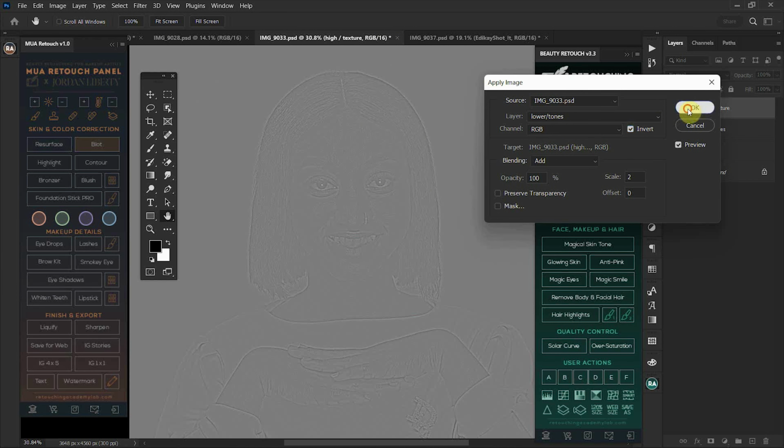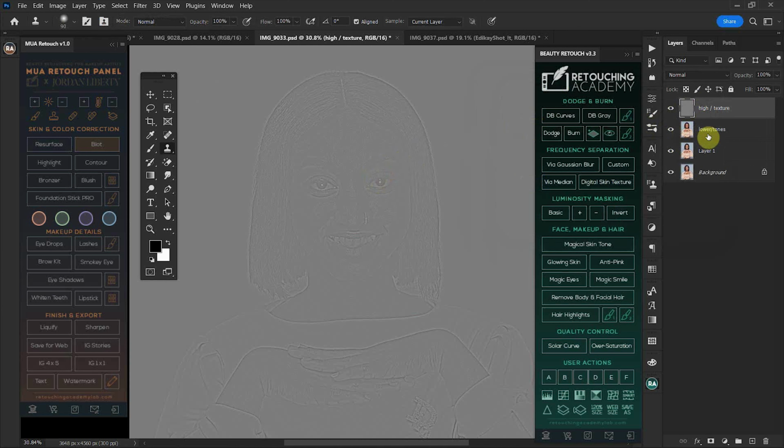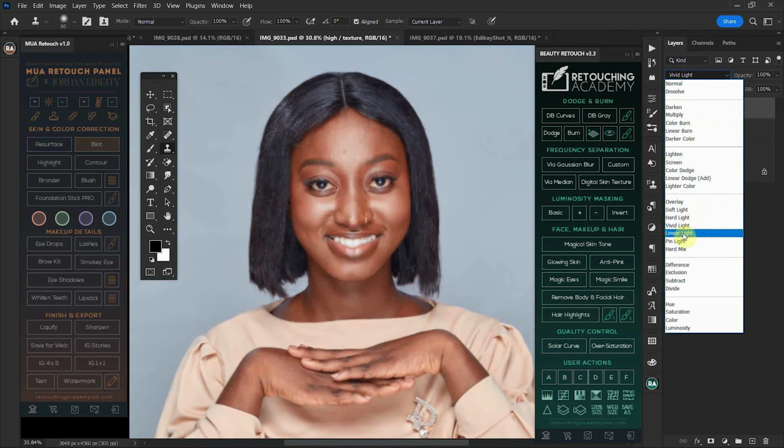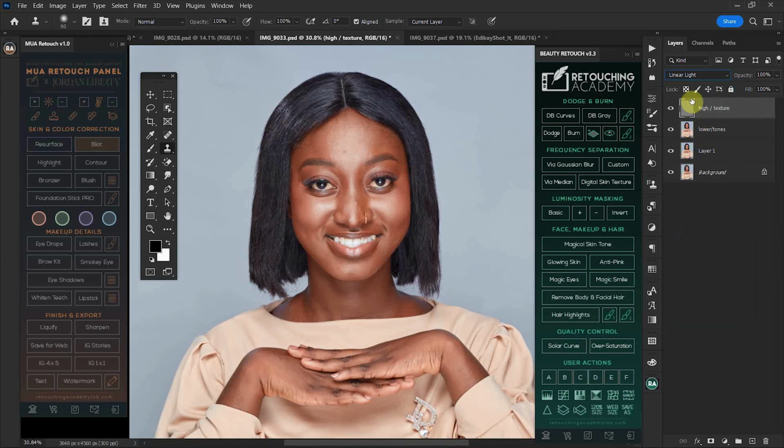So you press OK, and then you go to your blending mode, select the high texture layer, and select Linear Light to bring back the image. You select both layers, and then you press Ctrl G with them, and you can name them frequency separation or FS. Yep. So with that done, you can now start